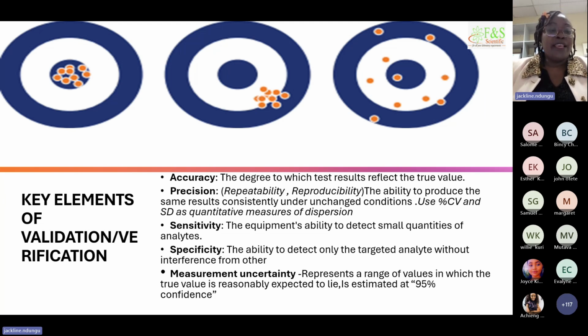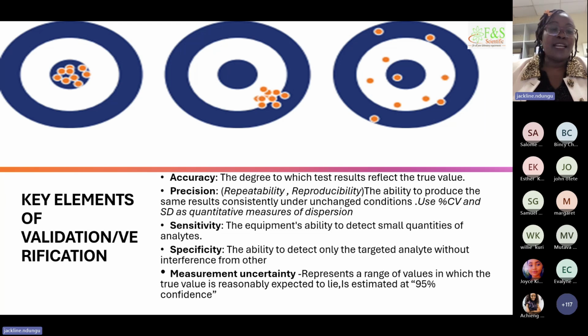So I have put their sensitivity, specificity with an intention. Some equipment will need to do sensitivity if it is equipment that is doing qualitative analysis, and also specificity. Most of the time, most standards will tell you that you verify your sensitivity as claimed by the manufacturer, and the specificity. Very many different people will define it differently, but just know that